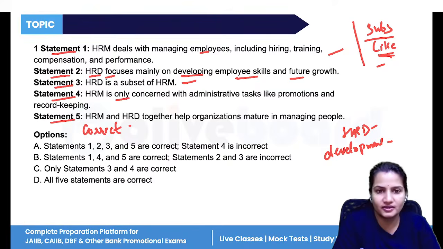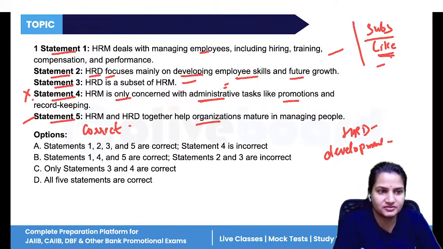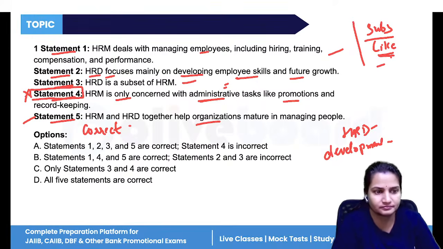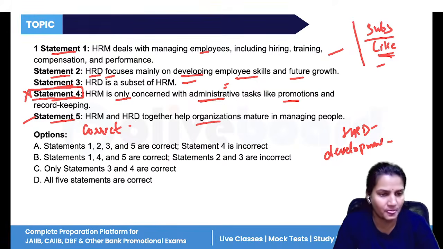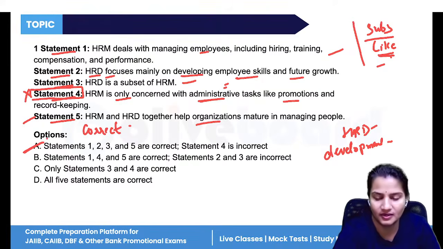HRM is only concerned with administrative tasks. No, it is concerned with the rest of the tasks also, not only with administrative or managerial level tasks. So this statement is wrong. Now HRM and HRD together help the organization to manage people. So all the four statements are correct except statement number 4. Yes, so option A is the correct answer. Now, next,